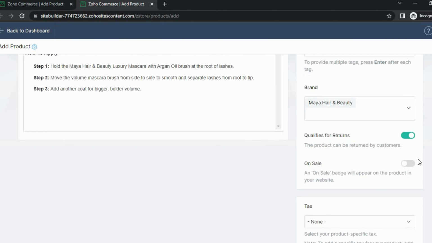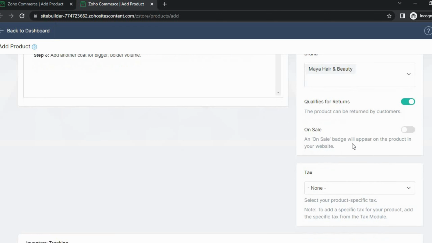And then if your product qualifies for return, you can toggle this one to activate it. When it's green like this, it means it's active, and if it's deactivated, it will be grayed out. So you can decide if the product can be returned or not, because there are some products that you can't return, such as underwear. But in my case, this is just beauty products, so I am going to make sure that customers are able to return if they wish to do so, if they're not happy with the product